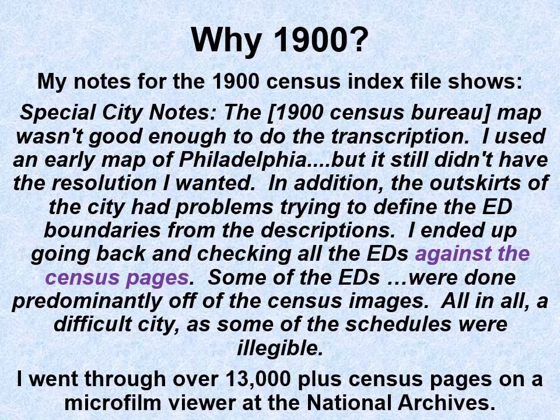Remember, the 1900 census was out for some time. So you can go, and I looked at the film, the 1900. In those days, you could only see the film at the National Archives, and they were on microfilm. Some of the EDs were done predominantly off of the census images. All in all, a difficult city. What a surprise, as some of the schedules were illegible. And looking back on that, I estimated I went through over 13,000 plus census pages on a microfilm viewer at